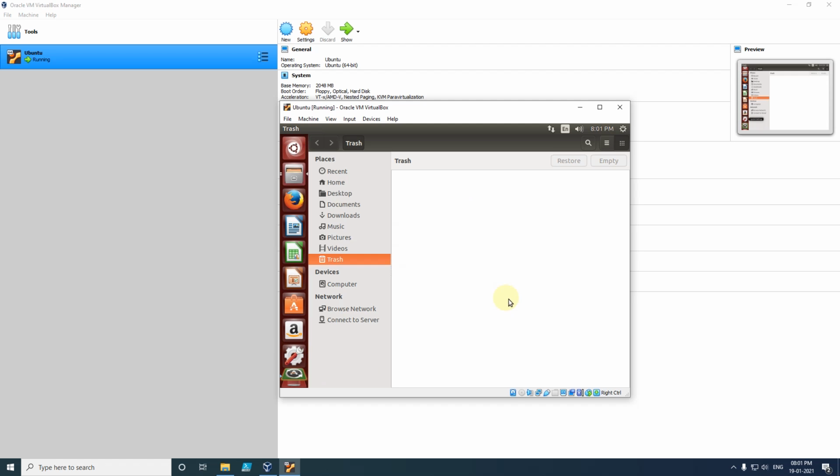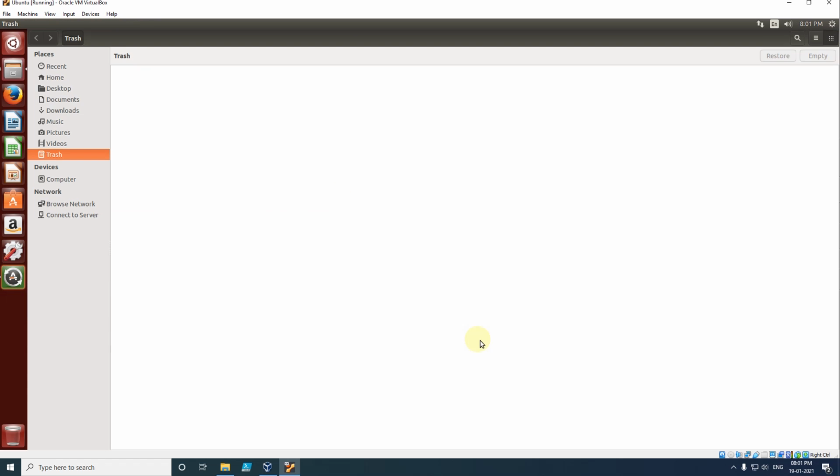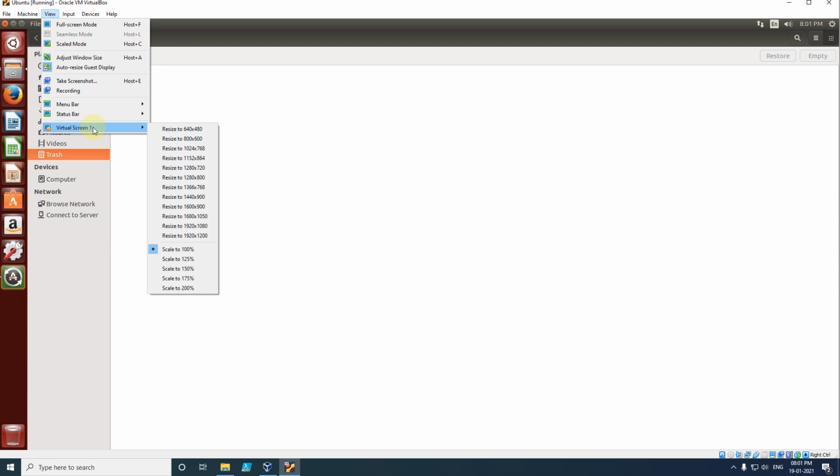So after Ubuntu is installed, the first time we will have a window of this much size only. To increase the window size, we have to go to view, and in this one we have to click on resize to 1920 into 1200.